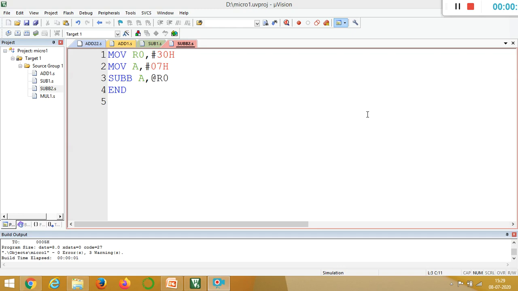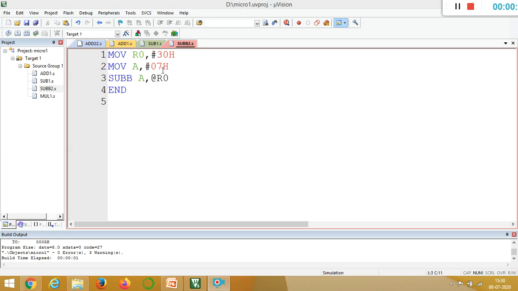So when 4 minus 2 is subtracted, it subtracts the carry bit also. The previous carry bit was 0, that's why you didn't see any difference. Because 4 minus 2 minus 0, by default it is going to subtract with the borrow, because here you can see there is only one mnemonic, SUBB. There is no separate mnemonic for SUB and SUBB as compared to add. So compulsorily it is going to subtract with the borrow bit.